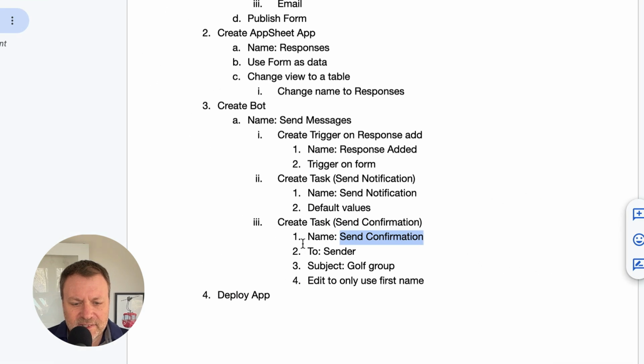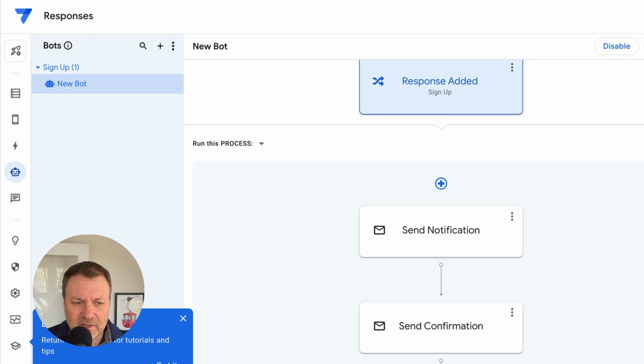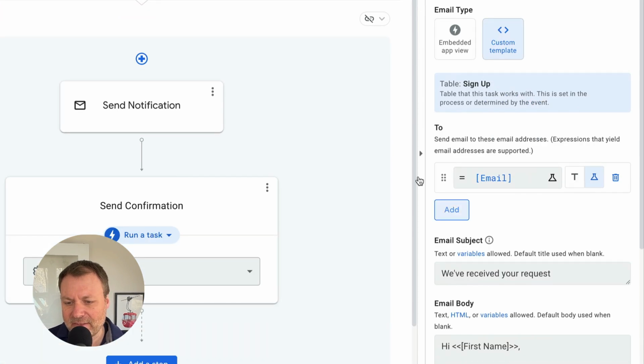All right, and then in our steps, the last thing we need to do is deploy the app. The reason that you need to do this is because the app won't actually send emails to people other than the app owner unless the app is deployed. So basically, if I just started using it just like this, it would send both of the emails here to sandy@pliablematter.com because that's the app owner. But once I actually deploy it, it will respect the actual email addresses that are provided in here